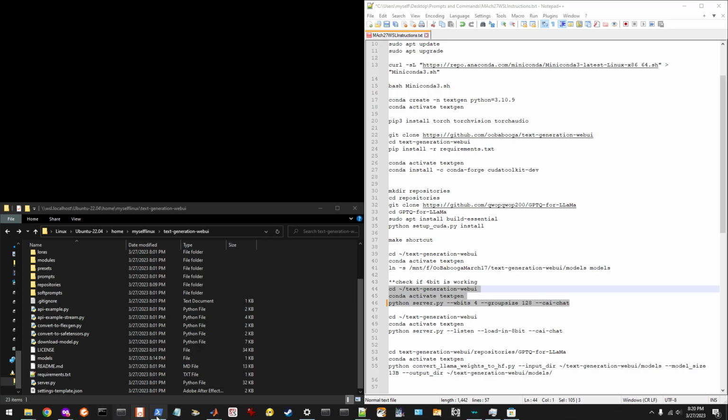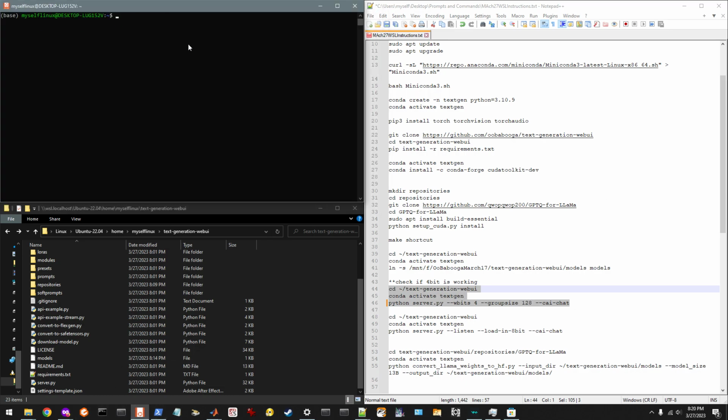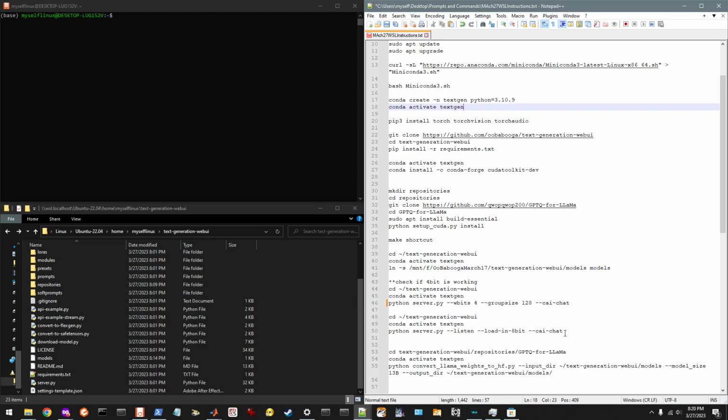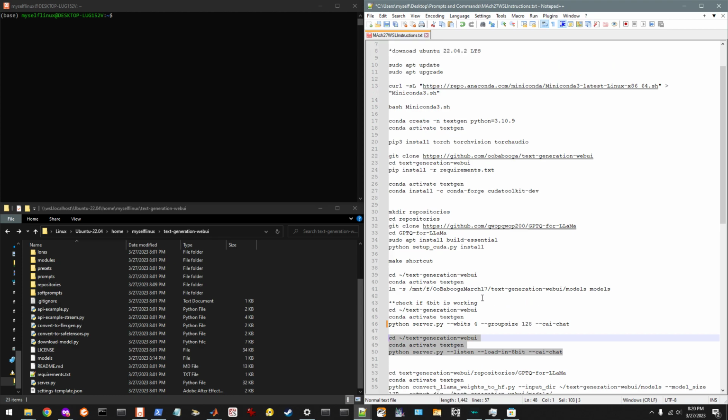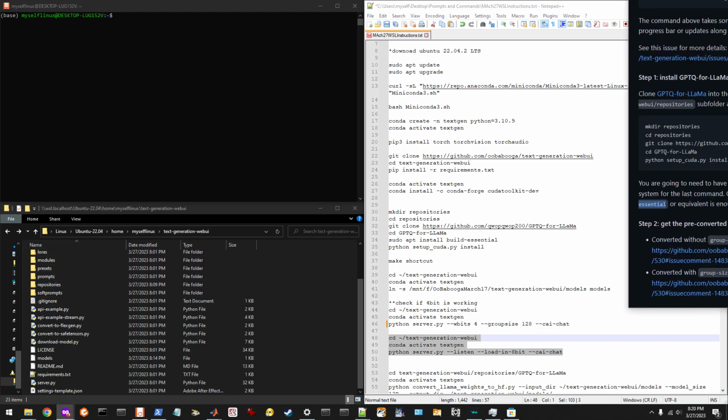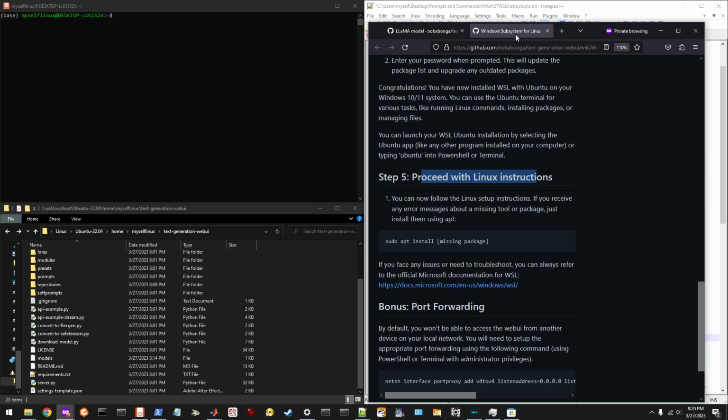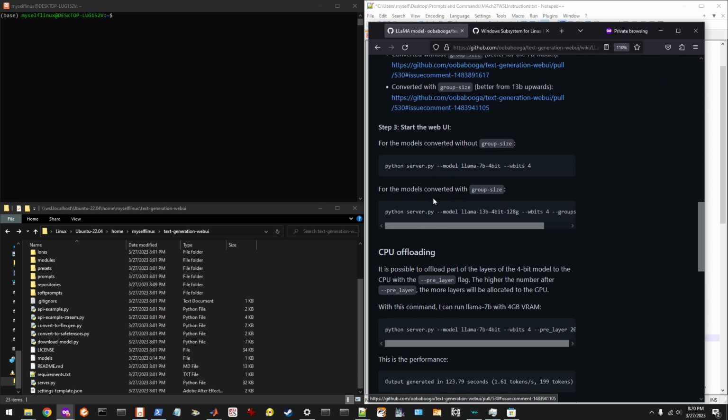Now we have confirmation 4-bit's working. So you can try 8-bit, but it will not work. Guarantee you it will not work. The reason I was so adamant about you having CUDA 11.7 and the CUDA Toolkit 11.7 installed is because we're going to be doing this. So these instructions are similar to, so if we go down here,